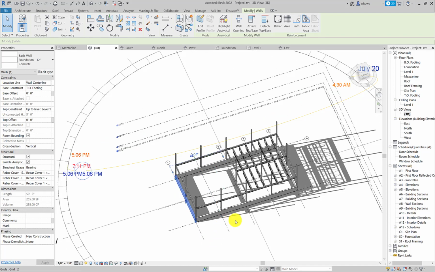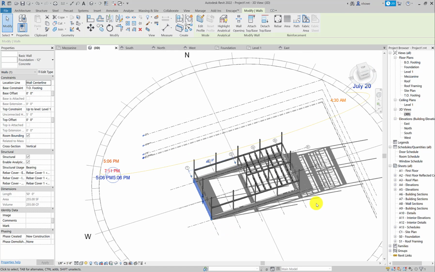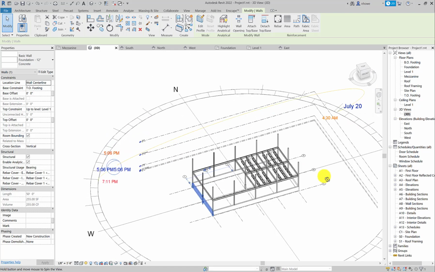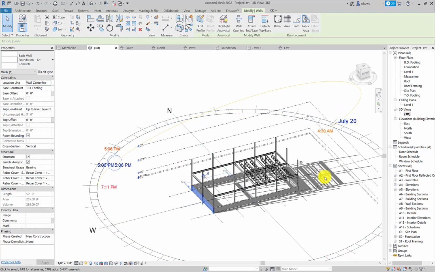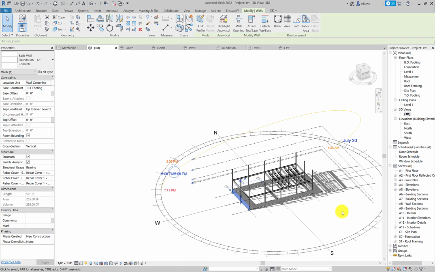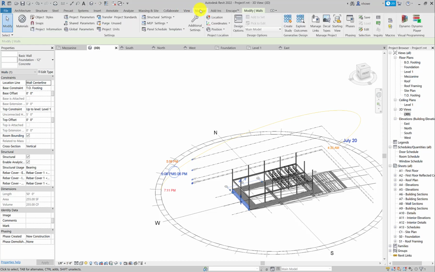This looks like it's sometime in the winter, and the sun's doing this very shallow raking. So obviously it is not oriented the right way. If we're going to do any kind of sun analysis on our facade or anything, this is going to be completely jacked up. So what we do is go up to manage,